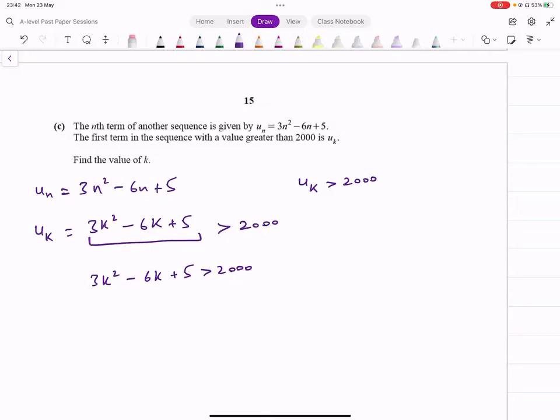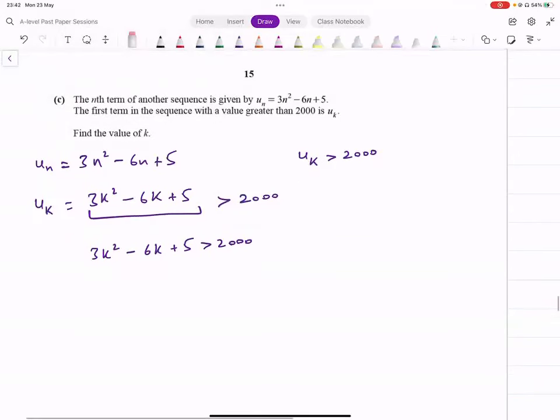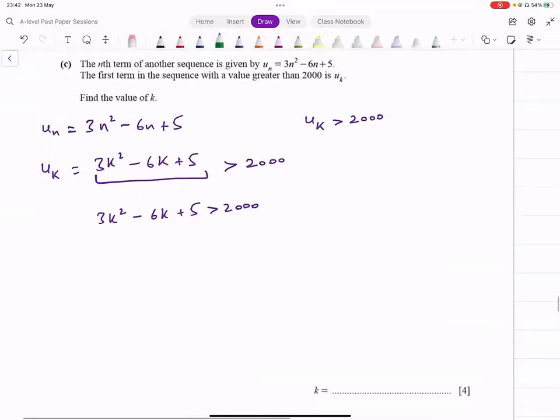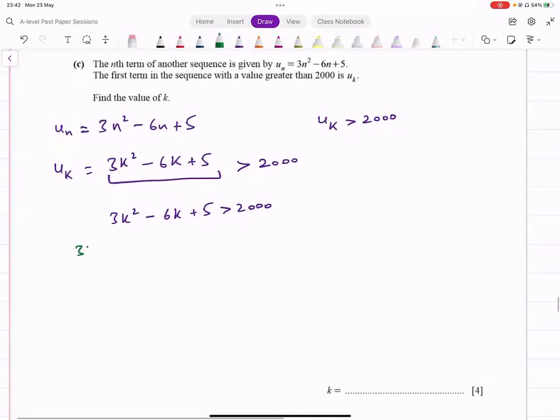So what do we do? What we can do is actually treat it like an equation, solve that equation and then see what the value of k can be, because k has to be an integer. उसके हिसाब से फिर आप k की वैल्यू लिख सकते हैं. So let's treat this as an equation instead. Rather than solving this inequality, जो हमें करनी नहीं आती, we say 3k² minus 6k plus 5